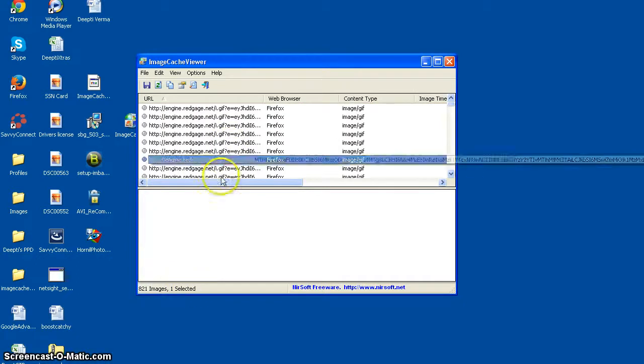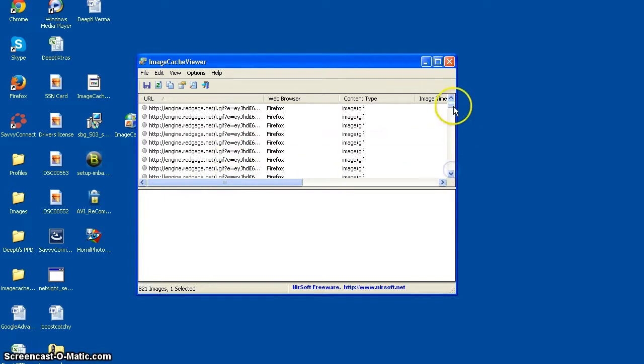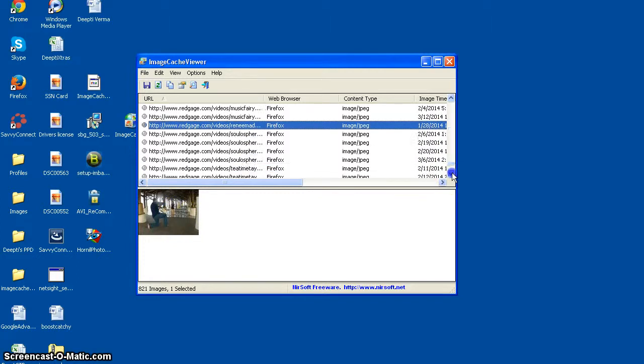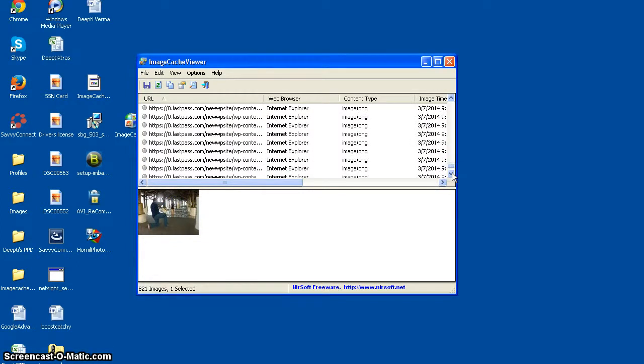Now let's see, when I click on an image, it shows the image in this window. Let's say I click on this image. See, this is the image that it is showing. If you want, you can save it from another web browser; it shows images from Internet Explorer, Chrome and Firefox. It only supports these three browsers. See, it's a PNG image, so it shows it in this window. And if you want, you can just copy or cut and paste it, and you can save it locally. So this is what the software does basically.